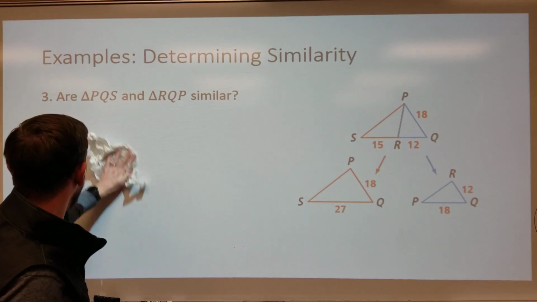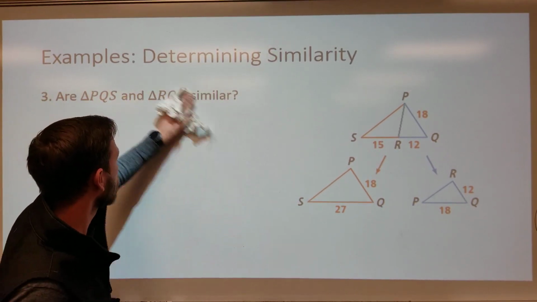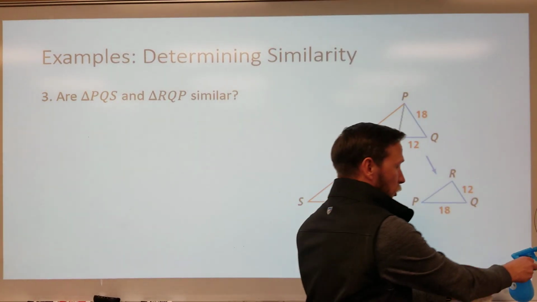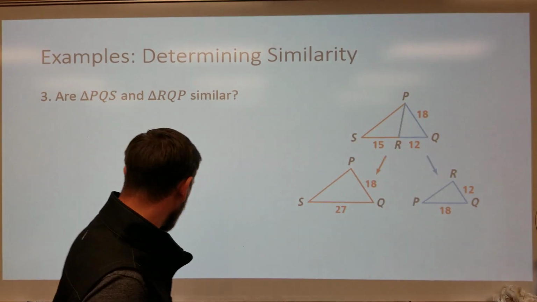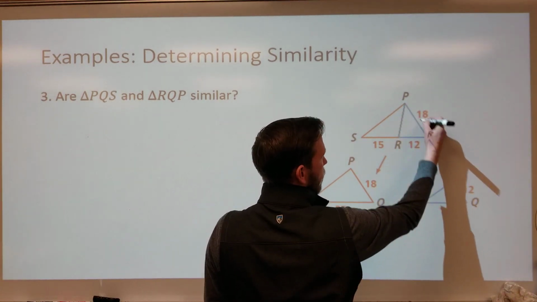I don't have 2 pairs of angles similar because none of my angles are marked, so that's kind of problematic. Do I have side angle side? Well, I've got 2 pairs of sides that I can check to see if they're proportional, but then where is the included angle? And so what I want us to recognize is that in this picture,